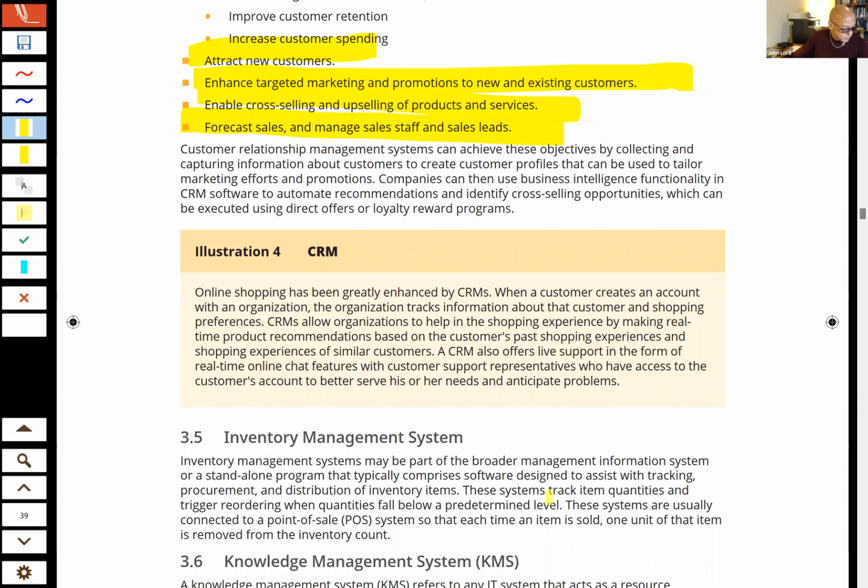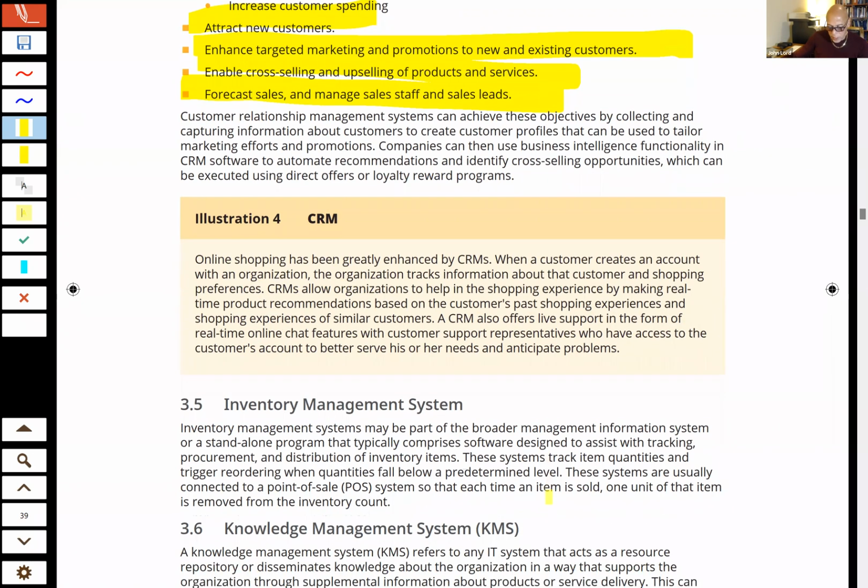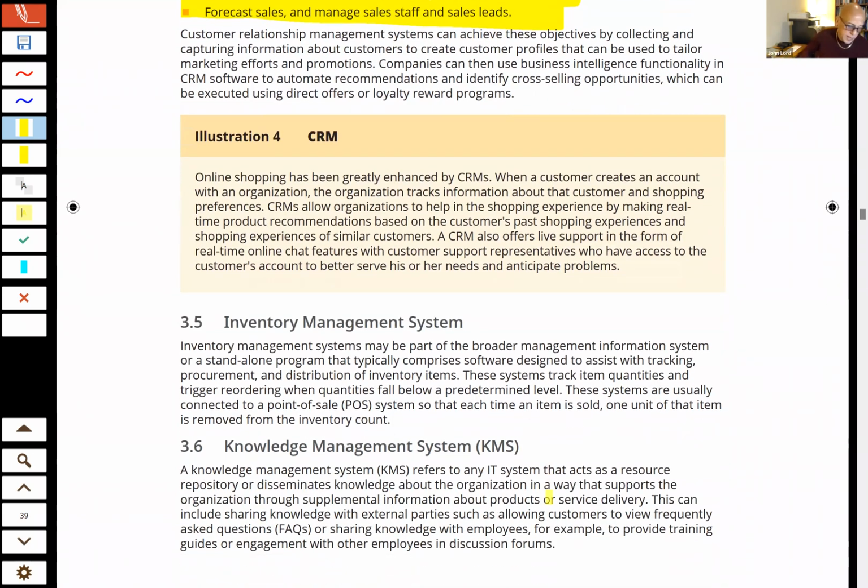Now, you take a look all the way over and we talk about inventory management system, okay? What these systems do is they track the quantities that we have of various inventory products, and each time we have a sale, it removes an item from inventory, and eventually it'll allow us to automatically have our system order to replenish at any point in time so that we have sort of a just-in-time ordering system, okay?